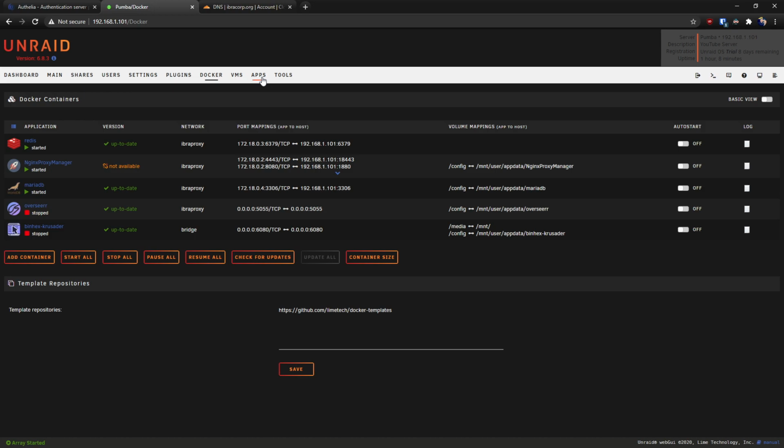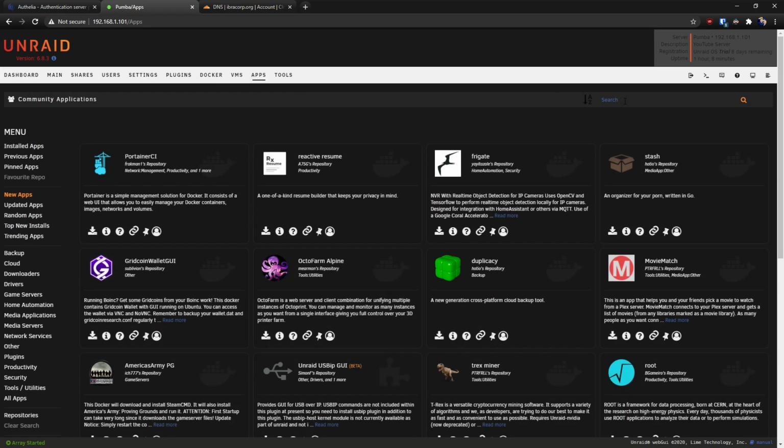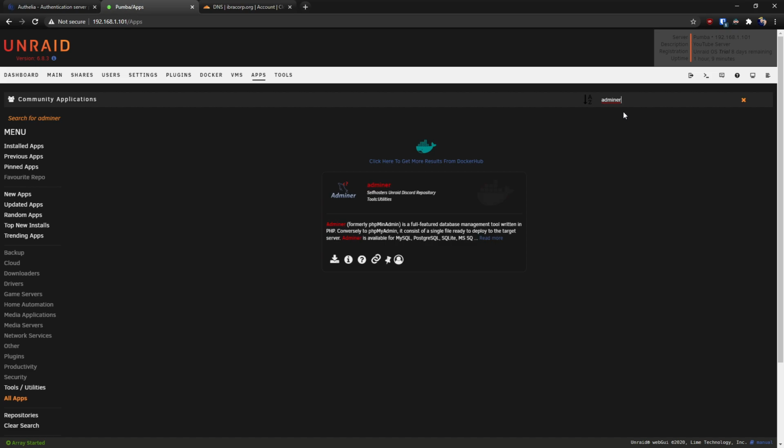So if we head back to the App Store and we look up a particular program, you'll see Adminer here. Now, Adminer just gives you a nice interface so that you can manage your databases from a GUI, from a graphical user interface, which is quite nice. So if you just click the little install button,